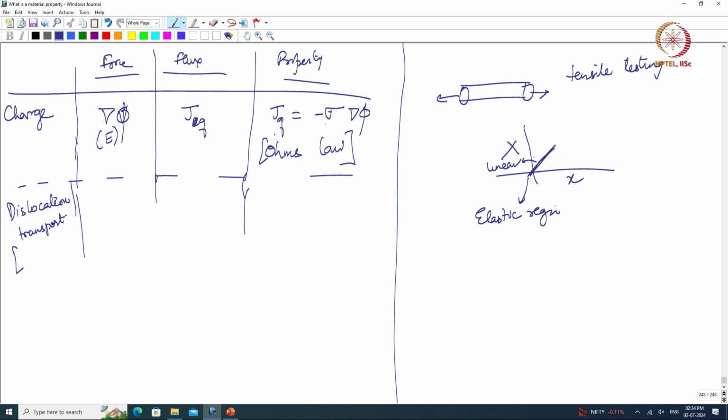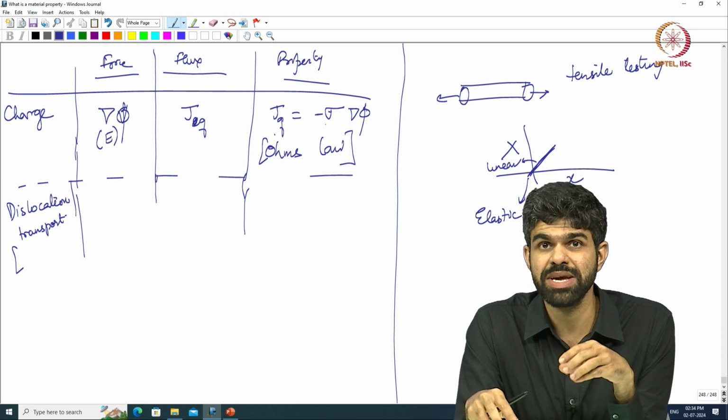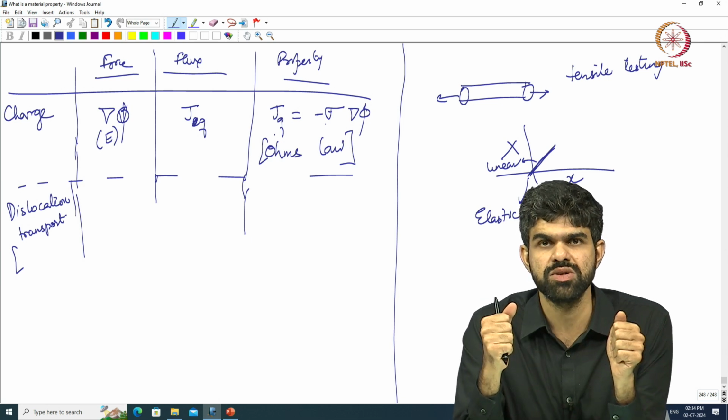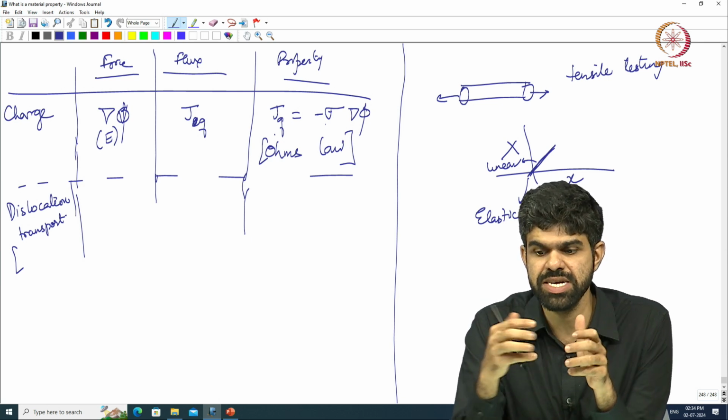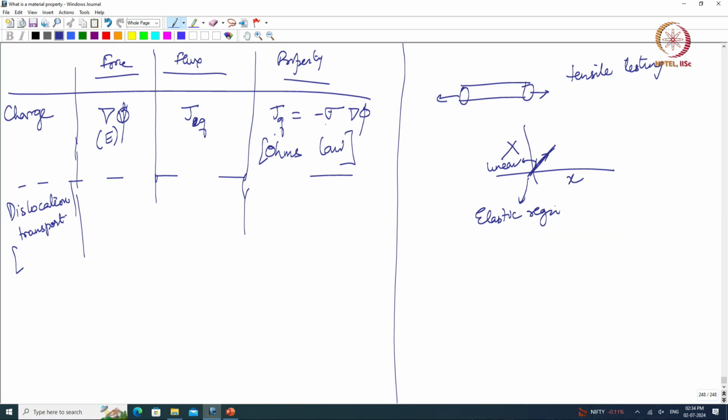where this is equivalent to stretching a spring, and all the energy is actually stored, all the mechanical energy is stored in the stretched bonds of this material, right. If I release it, it will come back, right. So, it follows the exact same trajectory, and if I release it, it will come back, right. So, there is no loss of energy. But after a while, after what is called the yield point, the upper yield point, the plastic deformation starts,